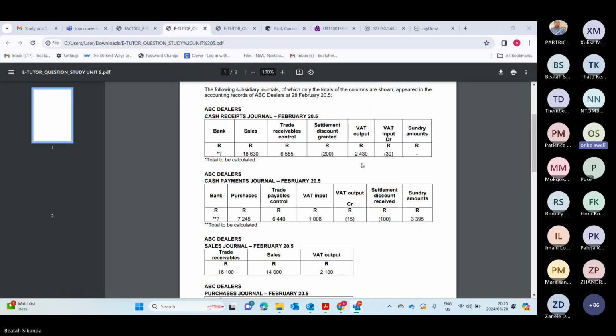And then when you were explaining, I think someone asked it, and Sir said that this 18,630 is excluding VAT, but then you said it was including VAT. If it was excluding VAT, like Sir said, shouldn't bank be the amount plus VAT? Okay, so